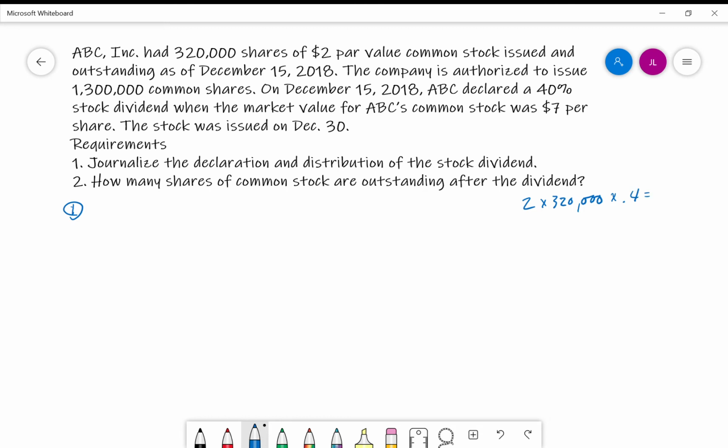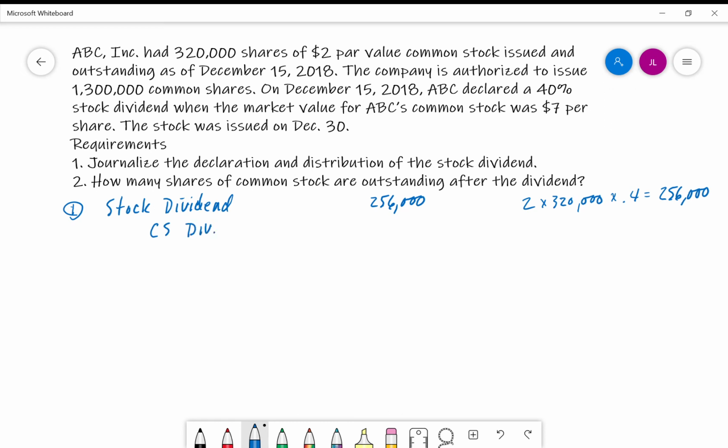So the decimal equivalent of 40% is 0.4. So if we multiply this out, 2 times 320,000 is 640,000, and 40% of that is 256,000. So we will have a stock dividend here. And remember, we're differentiating. This isn't a cash dividend, this is a stock dividend. So we have 256,000 in a stock dividend, and then this is on their common stock, so it's common stock